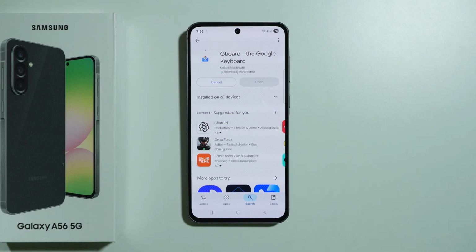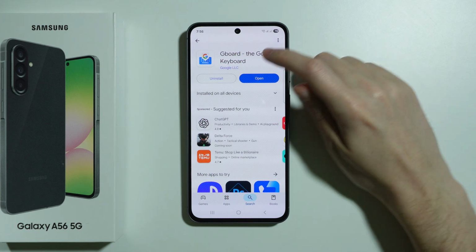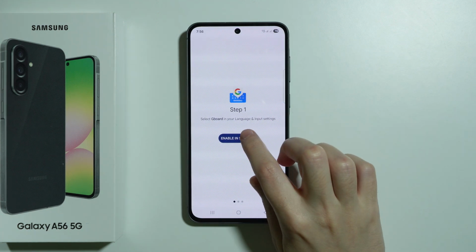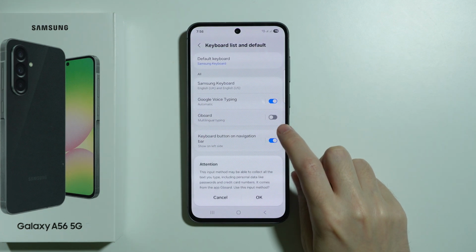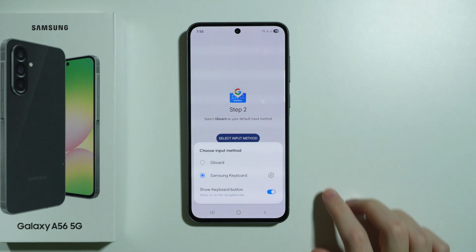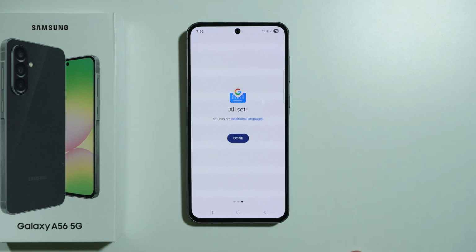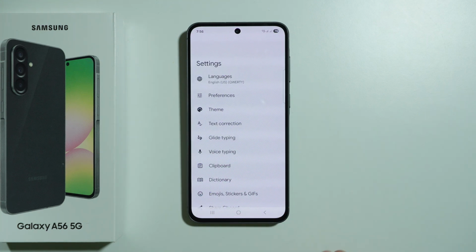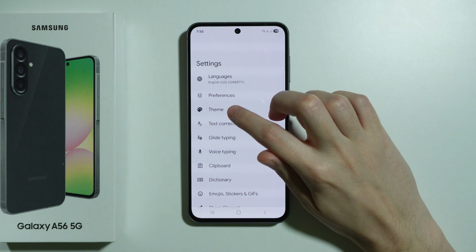So let's install it and let's wait for the keyboard to be installed on our phone. Once it is ready, press open. First we need to enable in settings, so tap on this switcher for Gboard and press OK. Then we're gonna go back and press select input method, so we choose Gboard as the main keyboard and press done. Immediately after that you will go to the settings of this Gboard, so you want to go to theme